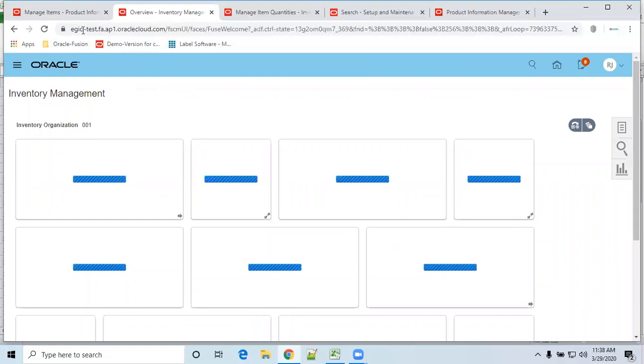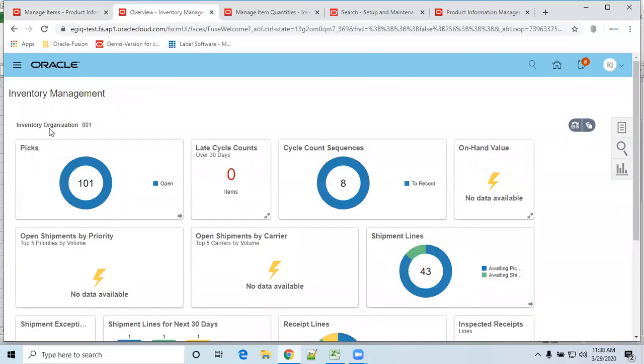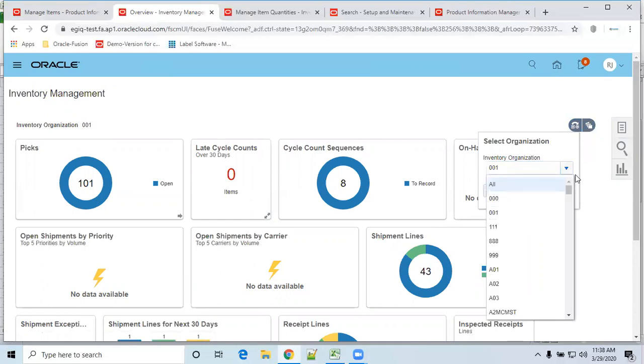What is the inventory org here? Our inventory org is RTE inventory org. First, this inventory organization is 001. First we need to change to our inventory org. Once we have access, the system will allow the change, or else the system will display a message saying that you don't have specific access to the organization.